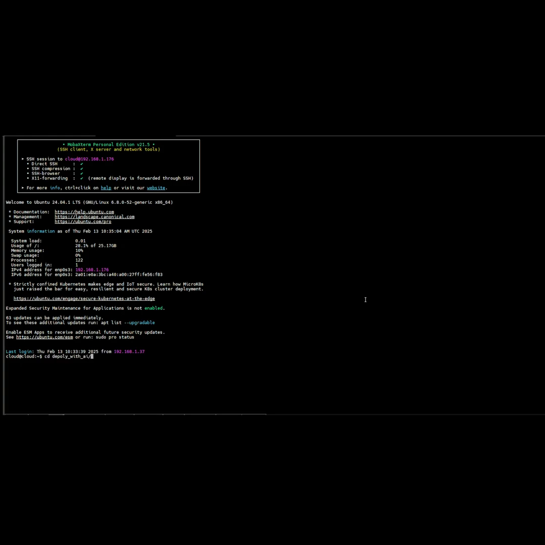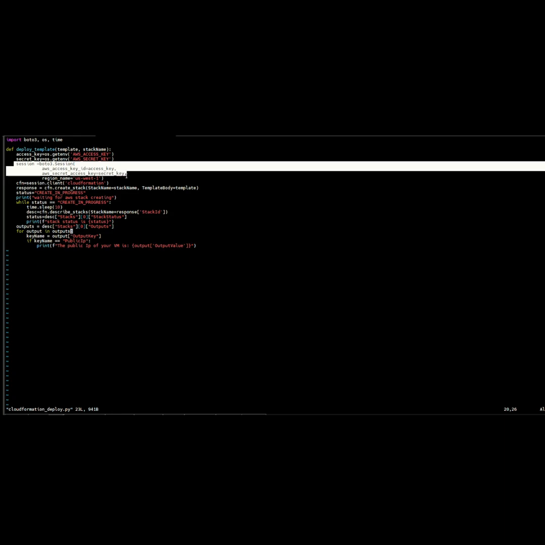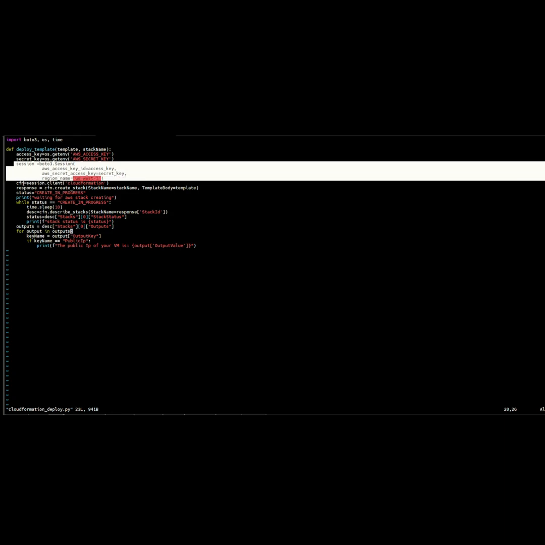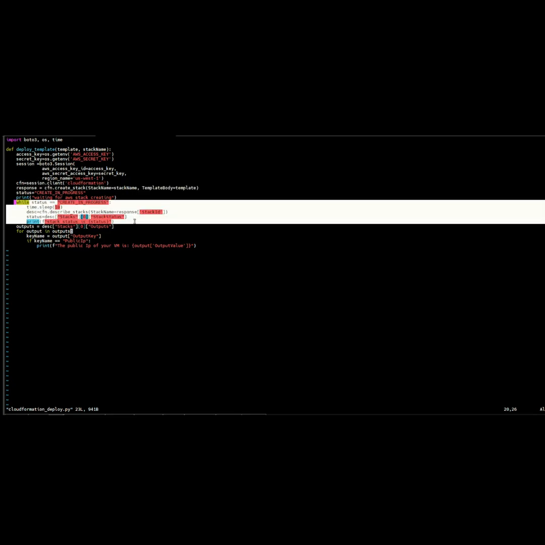The first function is to deploy a CloudFormation template. This function will take the template and the stack name. I will get the access key from the environment. I will create an AWS session. After, I will create a client to deploy CloudFormation, I will create the stack, and I will create a loop